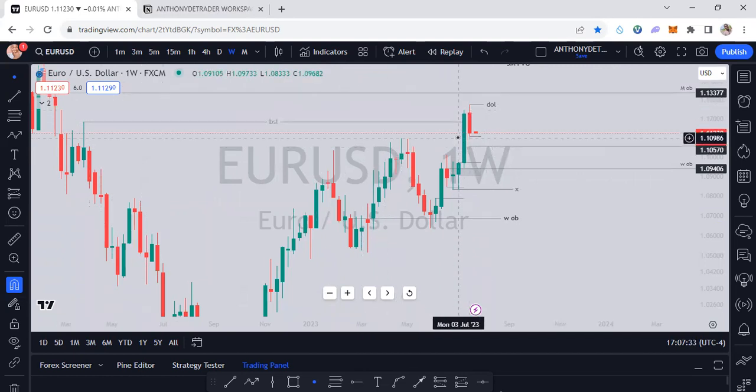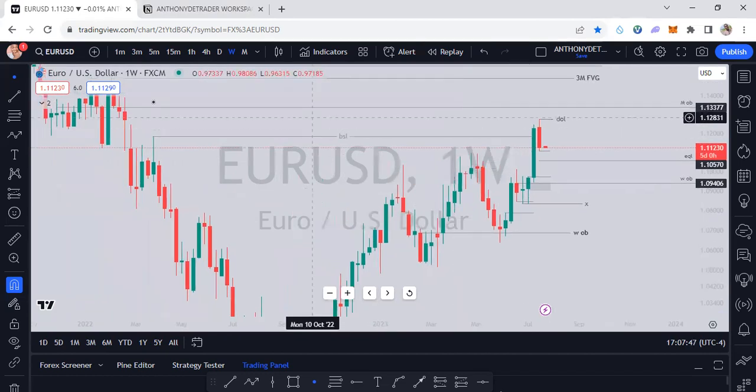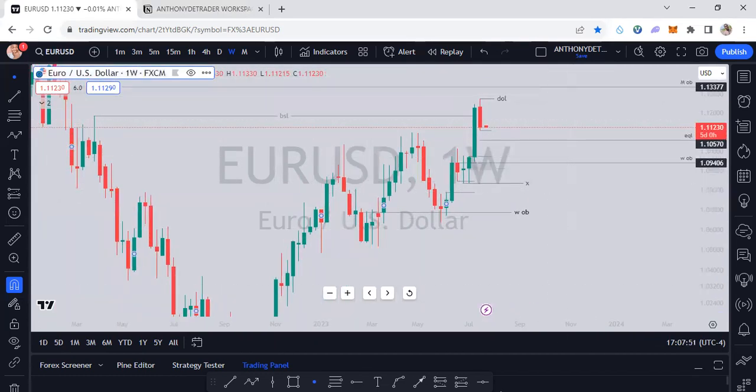Then price retraced last week. Although we are still bullish on Euro USD, price is still retracing. So I'm expecting price to trade into this weekly FVG to grab momentum here, or volume here. Then we could actually take out this drawn liquidity here and then possibly the monthly order block. So before that,